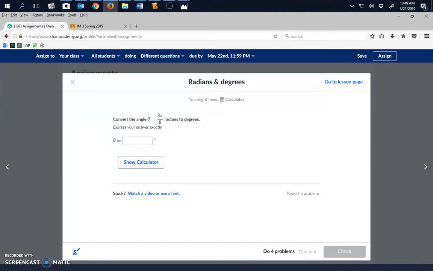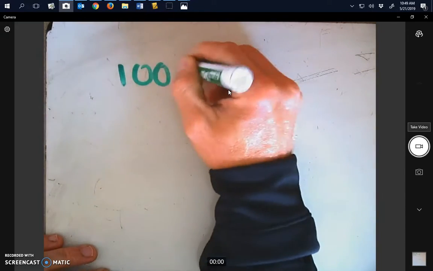Assignment 4, radians and degrees. So the first thing I want you to understand is that radians and degrees are just different ways of writing the exact same thing. What I mean by that is, if I said I walked 100 yards,